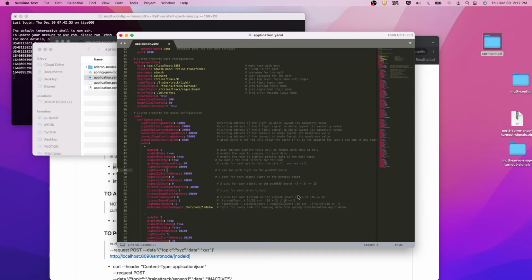Light count, as of now we don't need, I'll make it 0. Let's start with 2 LED signal, so I'll just configure one signal here. Servo count, I don't need any servo count, so let's make it 0. Total turnout boards we need 0, but light board we need 1. This is the configuration we have to see.